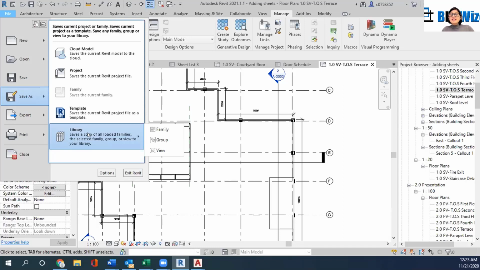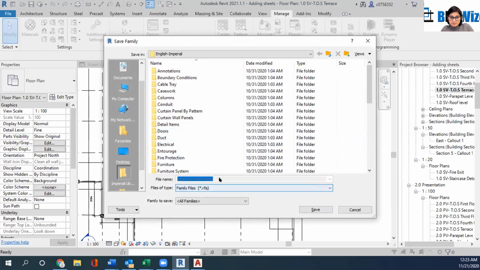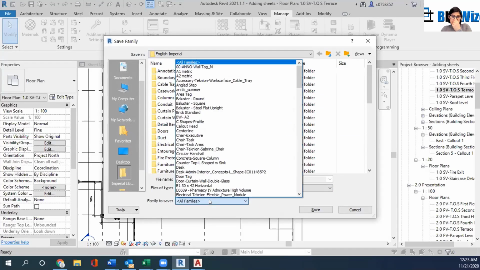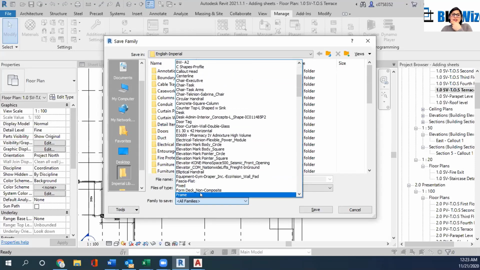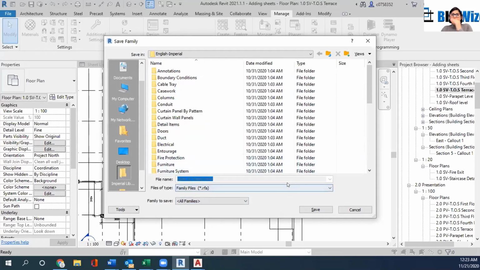Let's say you had a project and you wanted all the families from that project to save into another project. So you can save the library, go to family, all the families. Now it has all the options of the families that we have, and you can extract whatever families you want. Or if you just press save,